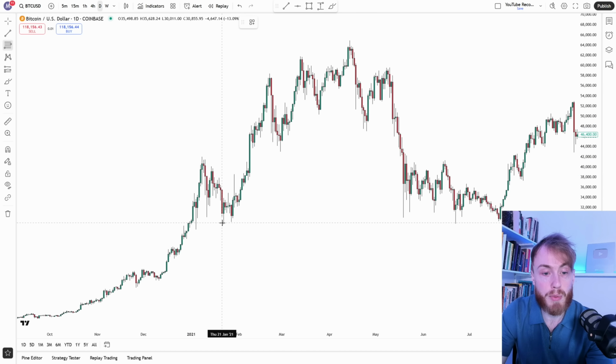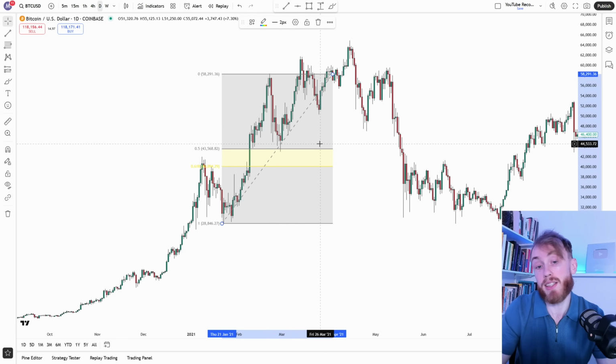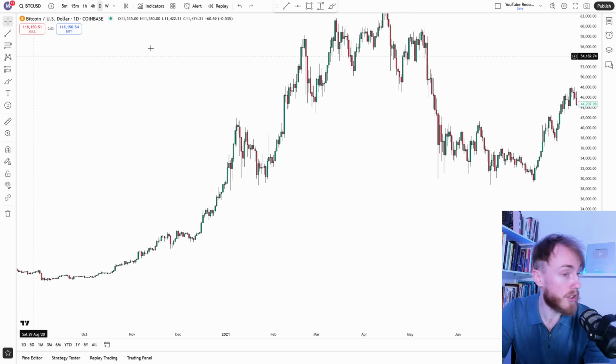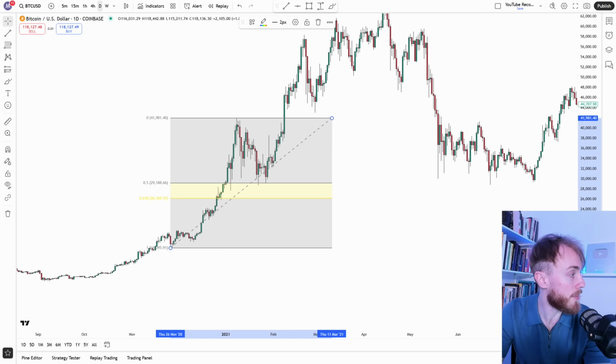And now when we drag it out, you can clearly see the golden zone very clearly. So this is one setting I like to use if you are focusing on the golden zone. But since this is a trading strategy video, let me just show you an example of how this could look like. So we use the golden zone, the price comes down, but then we need to wait out for a